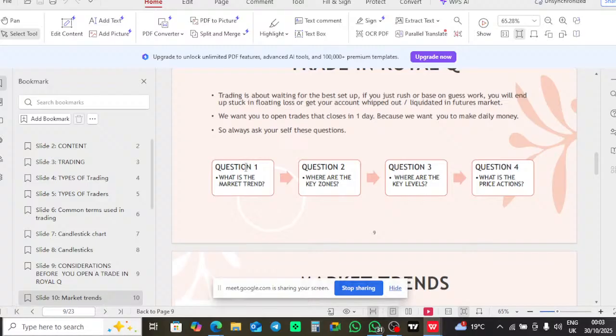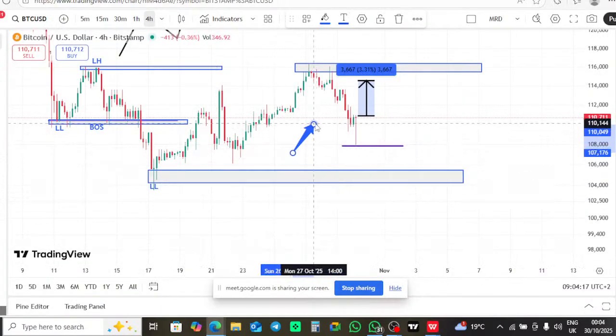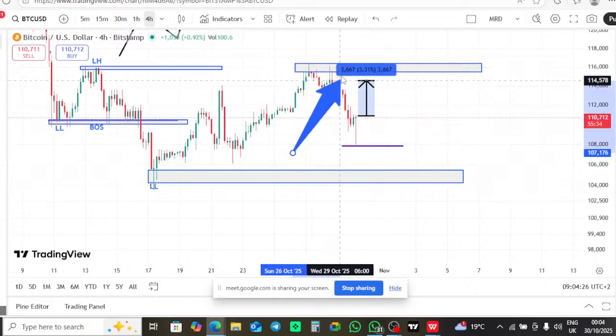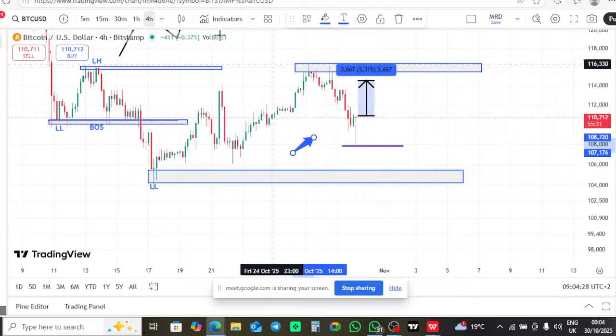Okay, now what you need to identify from chart, what is the market trend? Like I told you, we must know the trend. Are we in uptrend or downtrend? Then if we are in downtrend, how do we trade in downtrend? Question number 2, where are the key zones? The key zones that we are talking about are these ones: the support and resistance. Those are key zones. Within these two, we can have more supports. If you can go to 1 hour, you can have more resistances. Are we together? Those are the key points we are talking about.